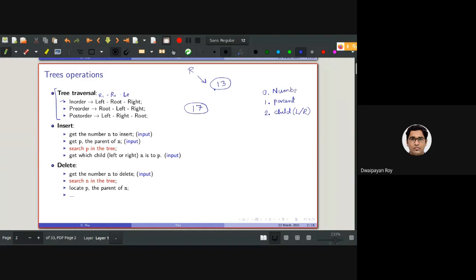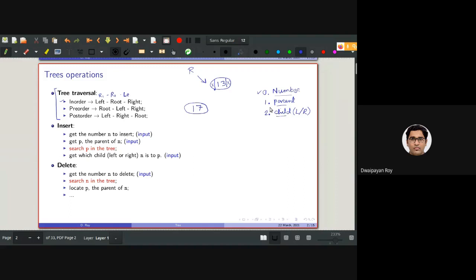If you imagine one practical execution of a code, initially there is no node in the tree. You only need to take the number as input, and that will be considered as the tree or the root, and the left and right subtrees will be set to null by default. Now, from the second time onwards, whenever you take one number as input, you need to take two other inputs from the user as well.